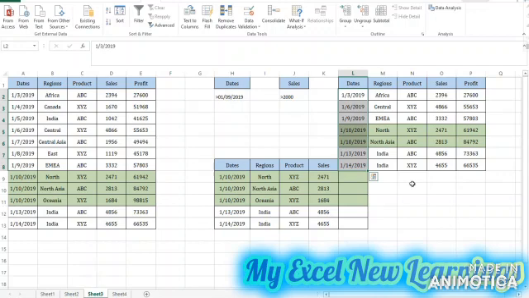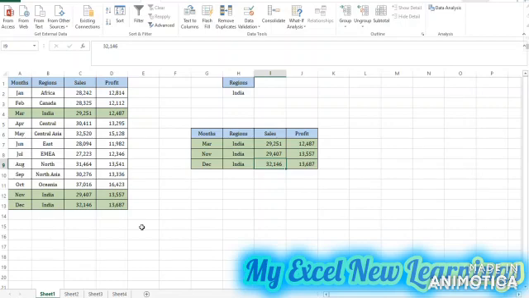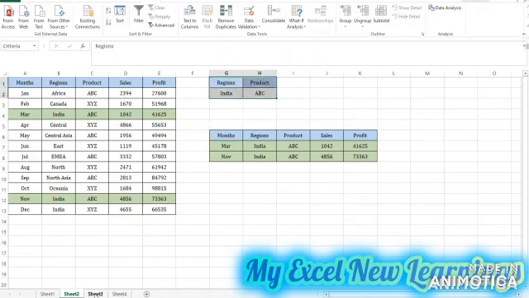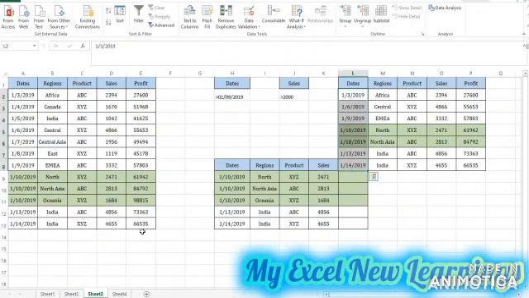So you can use the advanced filter for the greater than for the dates, or smaller than for the sales or profit. So we have seen now 3 options of the advanced filter. One is for single criteria, the second one is for multiple criterias, and the third one is greater or smaller or equal. So now we will see, the advanced filter should give us the data to the other location. It has to pull the data as per our criteria, and it should paste to the other location.